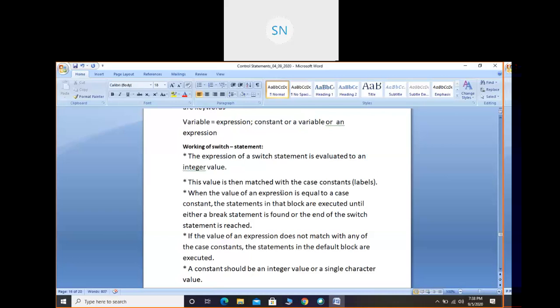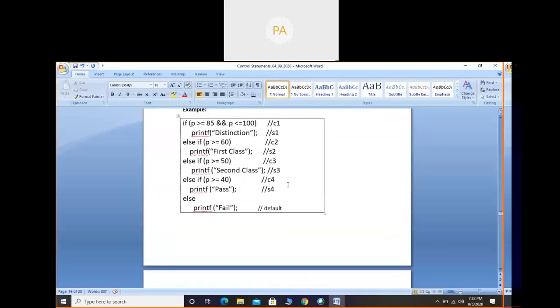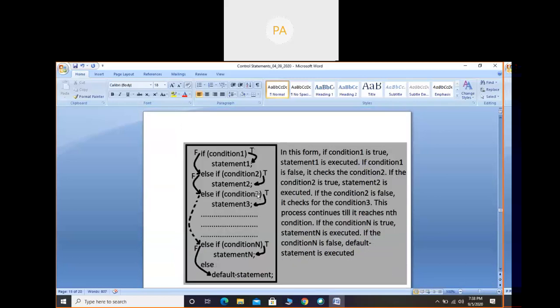Okay. So in the case of the else-if ladder, what happens? Suppose the first two conditions are false, then it will go for the third condition. If the third condition is true, the statement immediately following condition 3 will be executed, and then it stops. The else-if ladder will not move further; the program control will not check the fourth to nth conditions and also the default statement. Similarly, if it fails for the first three conditions and the fourth condition is true, that statement is executed, and there also it stops.